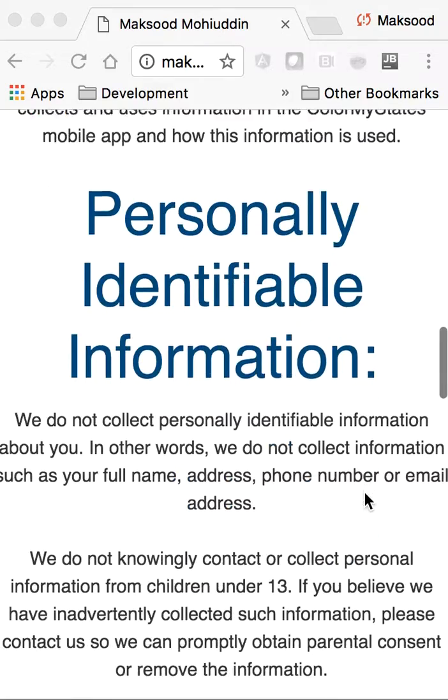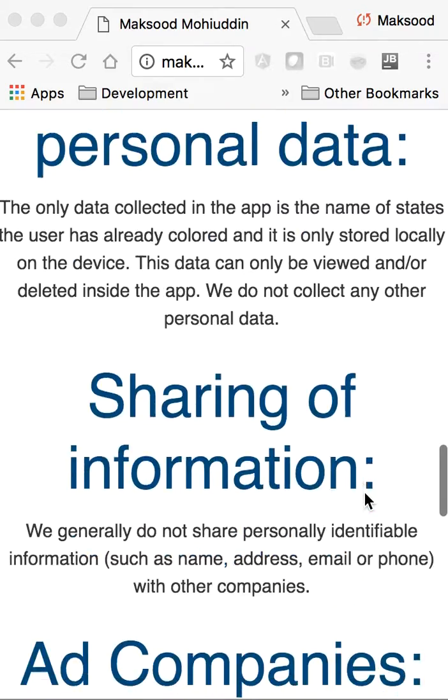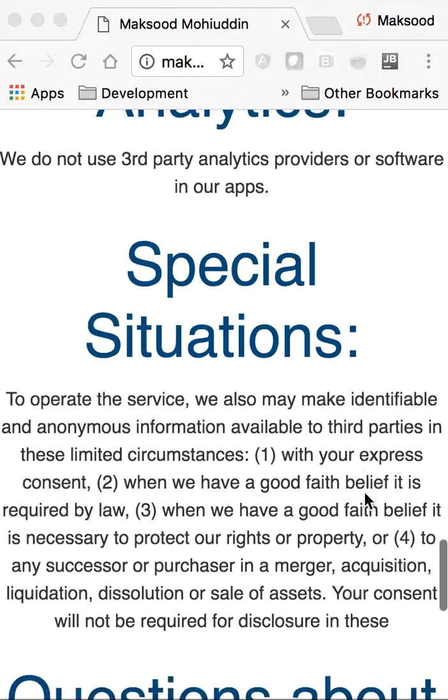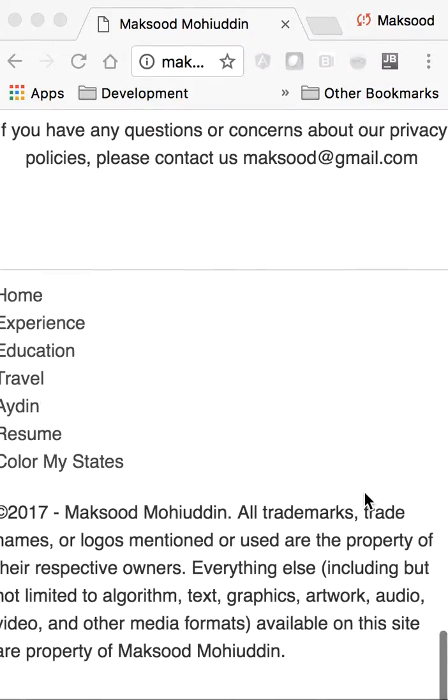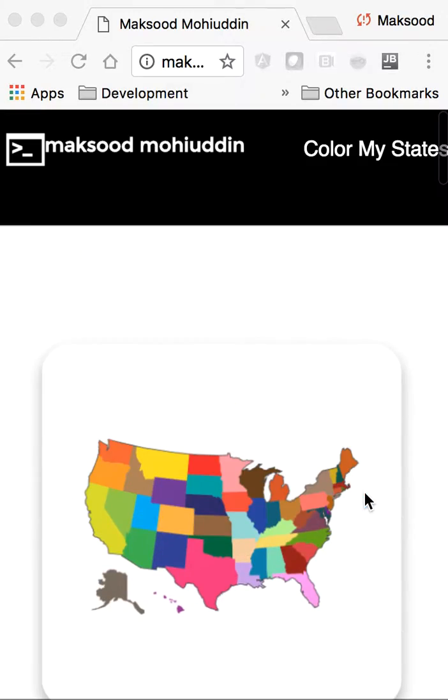So this is the privacy policy for the app. You can visit the homepage, the landing page of the app, at maqsoodmohyuddin.com/color. Okay, so to begin with, I will showcase the iOS demo, and as I'm demoing